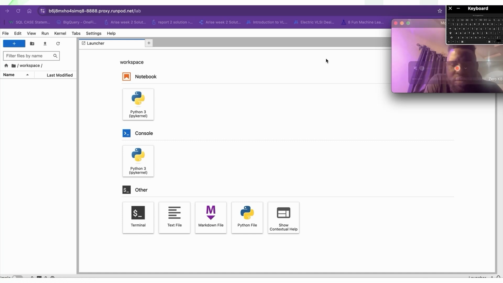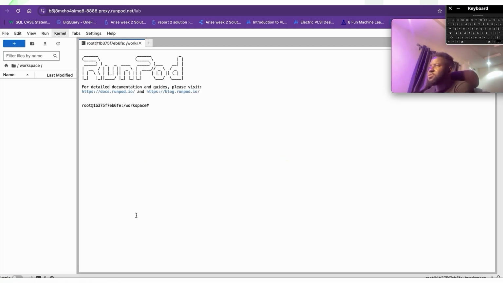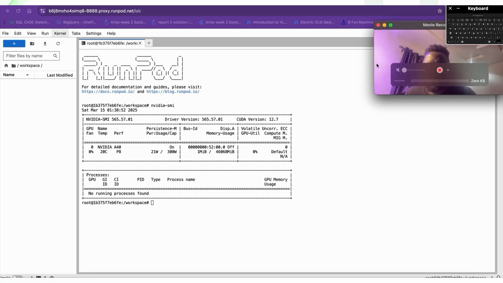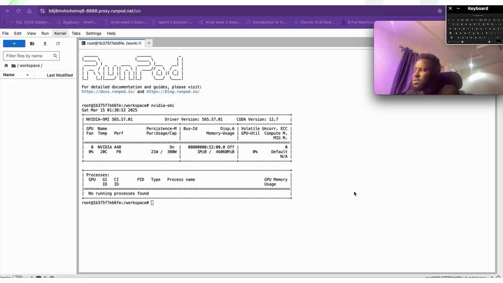You can spin up terminals, and if you do nvidia-smi, you basically see that this is just a single GPU, roughly about 46 gigabytes. So one of the things you need to first of all do on platforms like this is